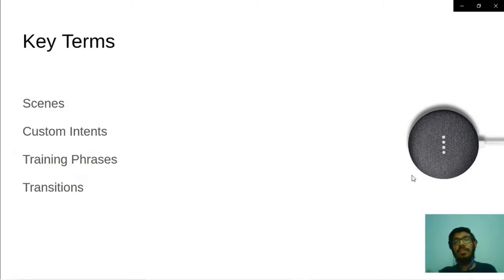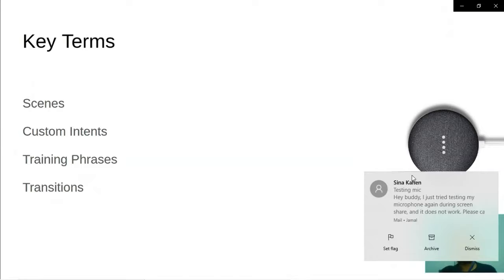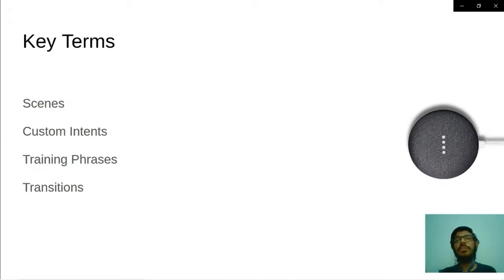The way we divide the whole conversation into certain chunks are called scenes. Here, the first scene is greetings, then comes the introduction, then the main interview goes on, and at the end the conclusion comes up. So the way we divide the whole conversation into various components are basically scenes.